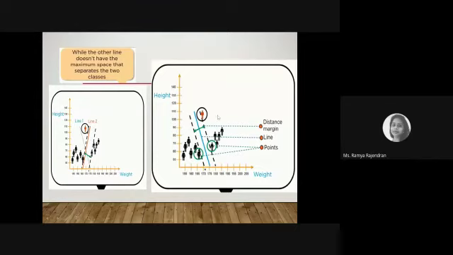Let's assume that these two points are completely wide apart, and this line separates these two categories with the highest distance margin. The distance between these two points, you call that the distance margin, and it should always be maximum. And this is my hyperplane, and these are the points.